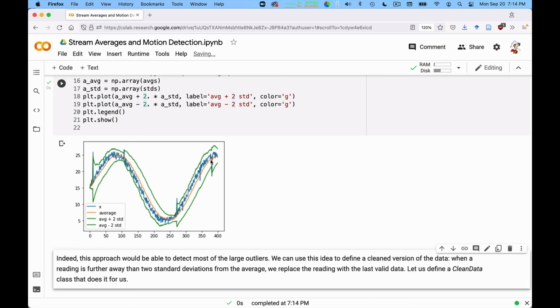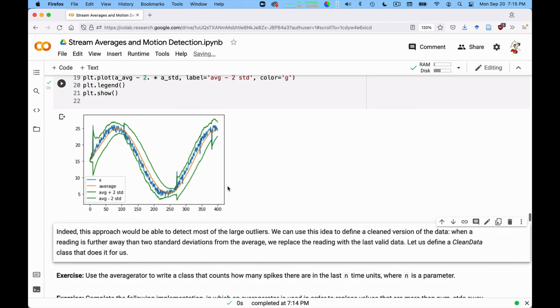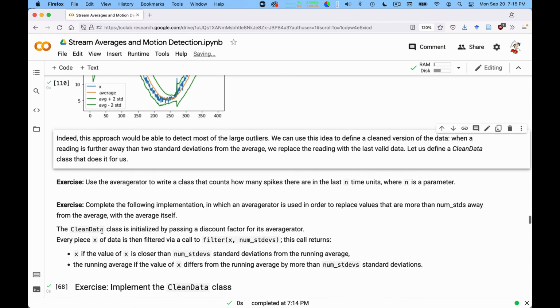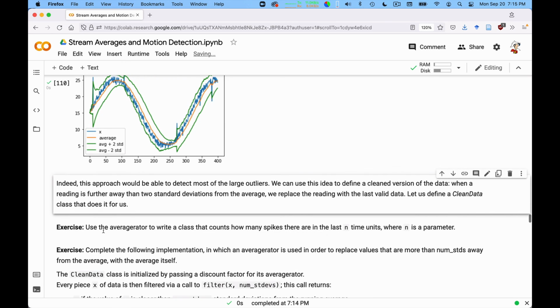So you could do these to reconstruct a smoother version of the signal. Basically, whenever the raw signal is further from the average than 2 standard deviations, you could throw away the data point, which you consider to be faulty, and you can replace it with the average. And we could be doing this, but actually I will ask you to do it. I will ask you to implement this clean data class that essentially does what I told you. It computes these discounted averages and discounted statistics, and when it finds data points that are too far from the average, throws them out and replaces them with the average.